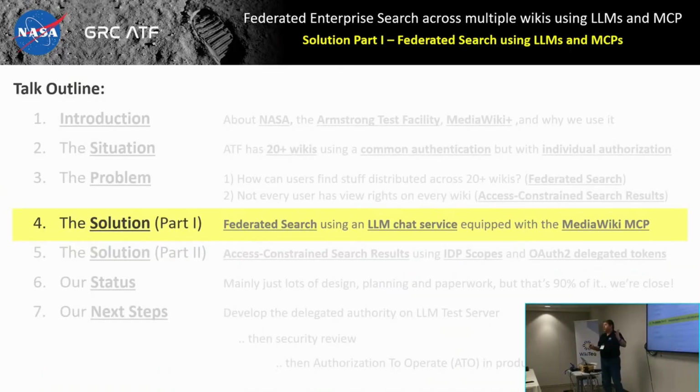So that's the problem, the absence of federated search. So the solution is in two parts. Part one is finding a way to do federated search, and part two is to do restricted, what do I have it phrased there? Access constrained search results. So what I'll show you is that in part one, it's very straightforward to use a